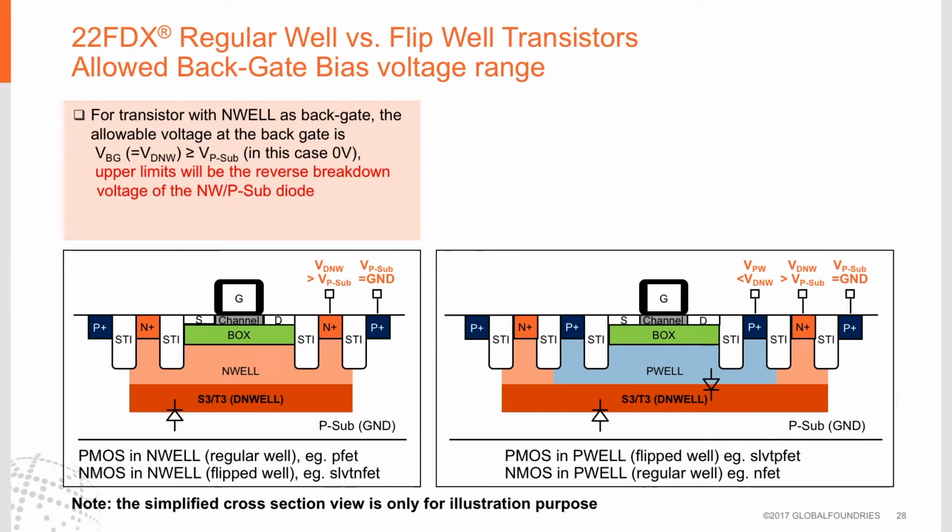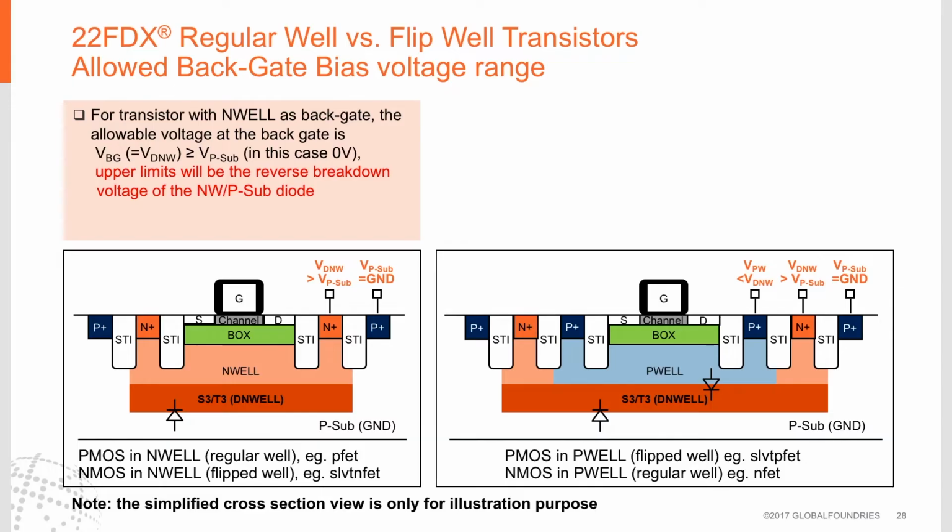On the lower left, the diagram is a cross-section of either a regular well or a flip well device, depending upon the device sitting on top of the N well. If we put a PMOS device on top, a PMOS over an N well is a conventional style structure. We refer to that as regular well. However, we can put an NMOS device on top of the N well, and we refer to that as flipped well. An example would be SLVT